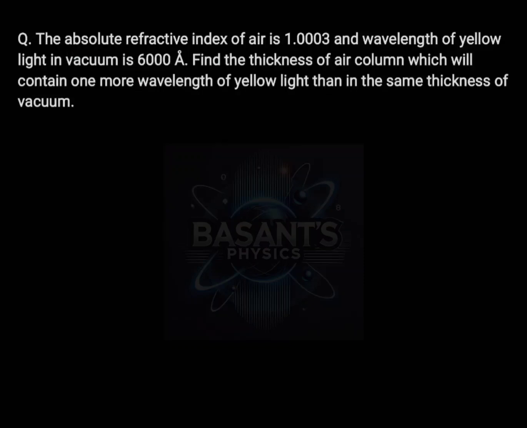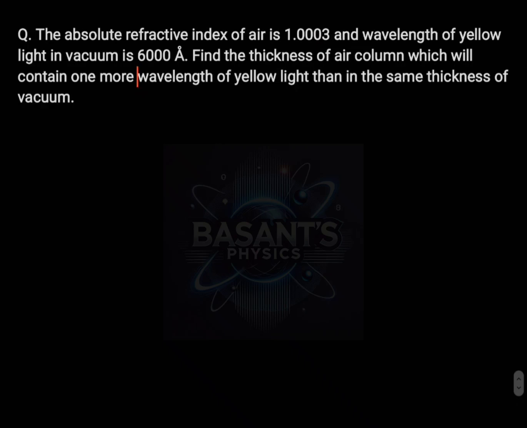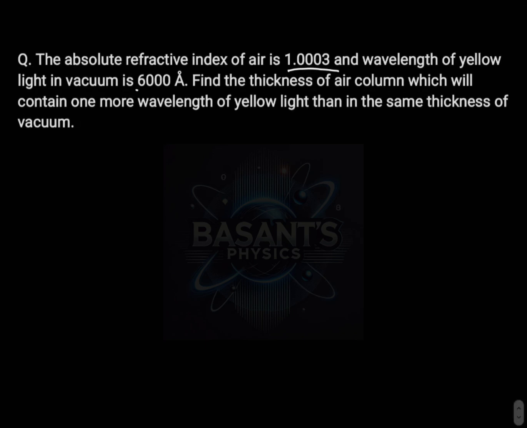The absolute refractive index of air is 1.003, and wavelength of yellow light in vacuum is 6000 angstrom. Find the thickness of air column which will contain one more wavelength of yellow light than in the same thickness of vacuum. So जो given है पहले हम उसे लिखते हैं